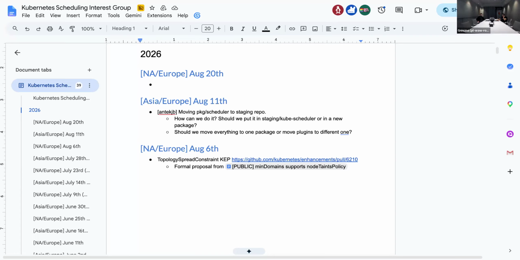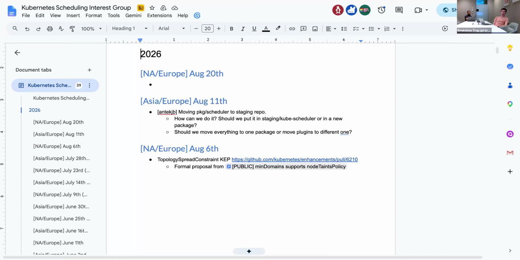Yeah, I agree. But if we move it as it is, then we will run into naming collisions in the staging repo. So, for example, we have NodeInfo in the staging repo, which is an interface, and in the framework package, framework NodeInfo, and then we have the framework package and package scheduler, which also has NodeInfo, which is a struct. So we would need to ideally resolve these collisions ahead of time before the move, so that we don't pollute the move PR with these. Yeah, probably.